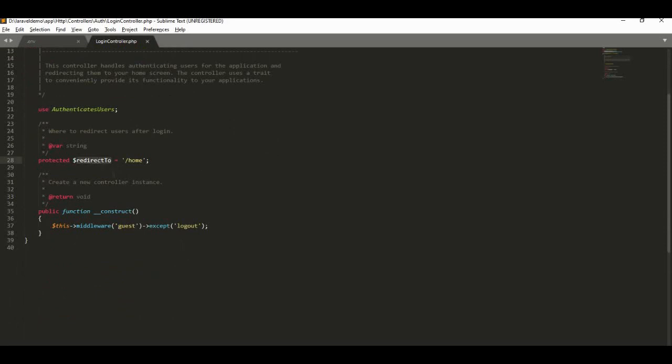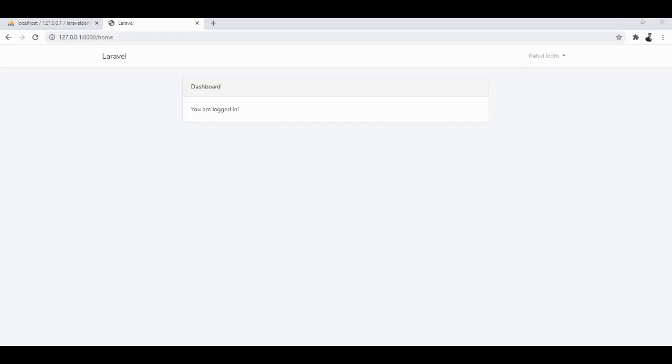Here you can see we have defined a redirection path, home. Here you can change your redirection path. You can set it to any other path also, for registration. Suppose you want to go to the profile page after login, you can change it here to profile, but for this you have to create a profile route in your route file.